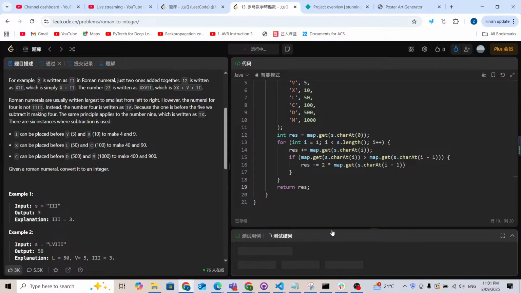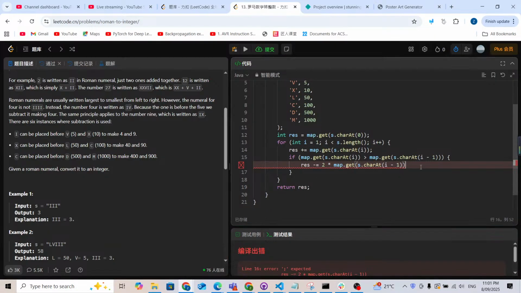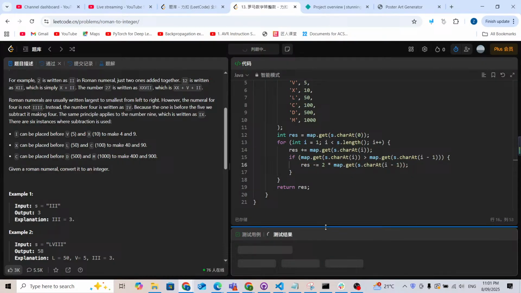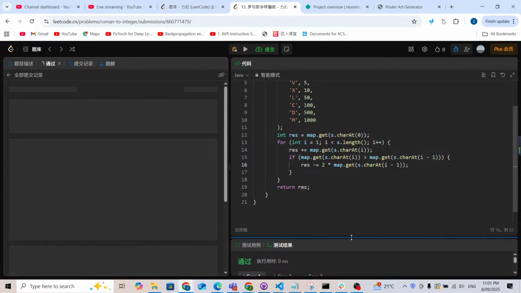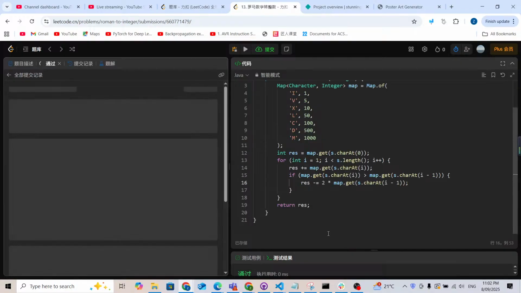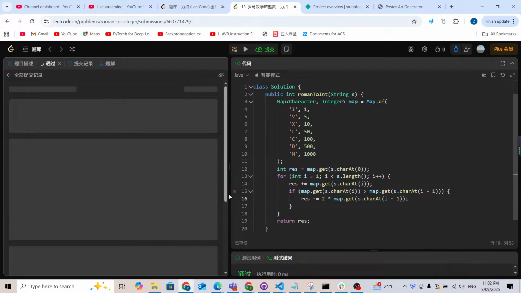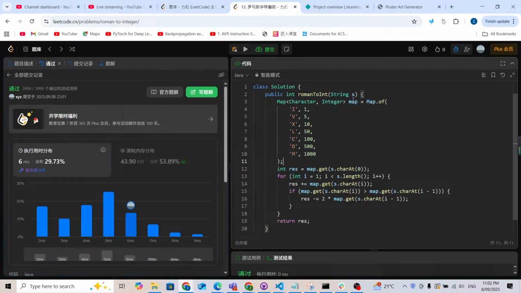Now let me run it to check if it works. I always forget about the semicolon, so it is just a syntax difference. Let's run it and submit it to check if it works. The idea is that we check the characters one by one, and we prepare a hash table, and from the hash table we get the final result. The time complexity is just O(n), where n is the length of the string. As you can see, it works. I think that's all about